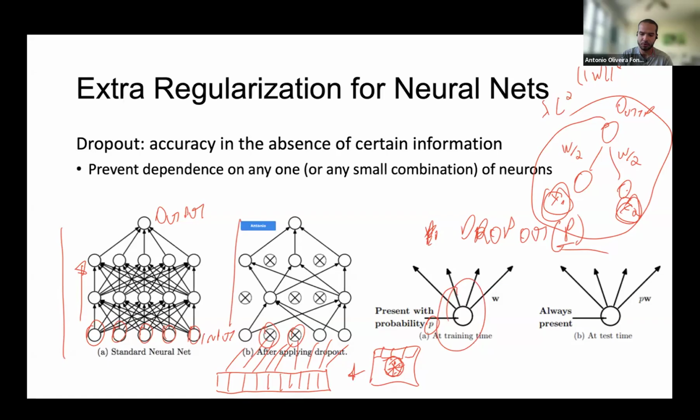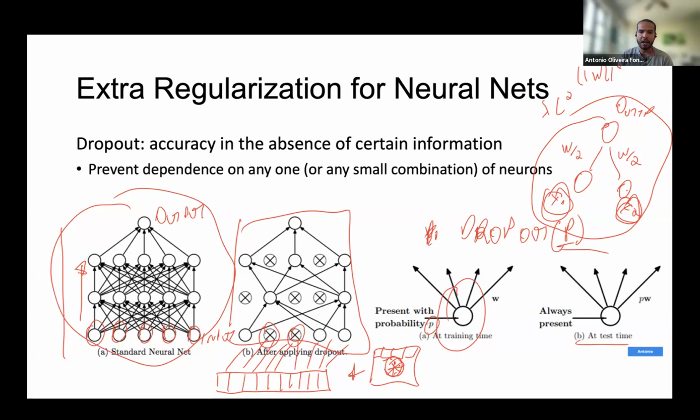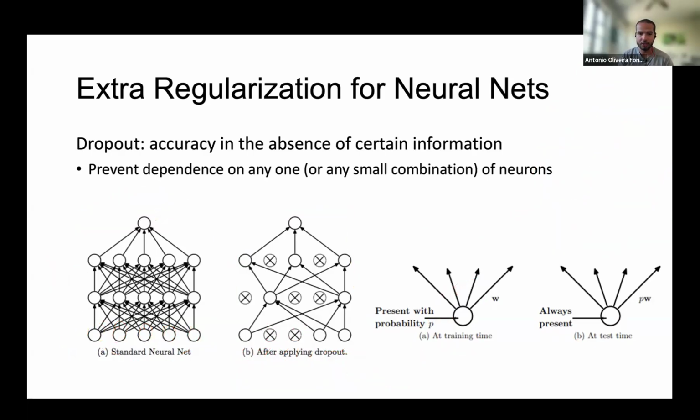I don't want to run inference with this extremely scattered, sparse version of my neuronal network. I want to run inference with the full network, right? So when I do inference, all these nodes are present every time, right? I hope you guys remember that when you're doing the training,